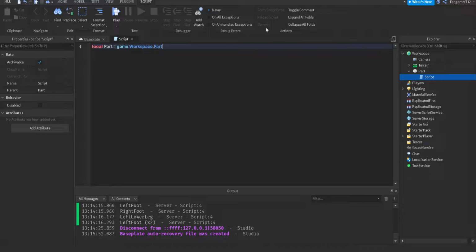game.workspace.part. And the reason we're doing this is so you don't have to put this big line of code whenever you're going to put it inside a script, when you're going to put it into another part. So then you're going to do